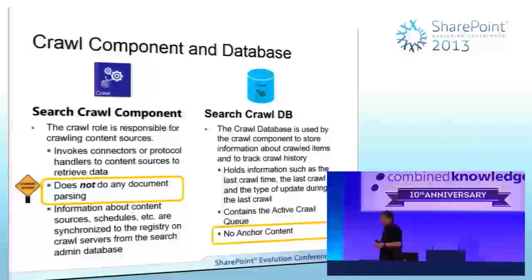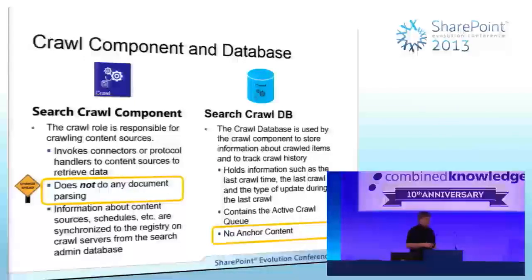One of the things that isn't in there is anchor crawl content. So the anchor crawl, for those of you who don't know, is the process that takes place at the end of a traditional crawl where the search engine has to look at all of the hyperlinks between objects, all of the connections between objects inside the search index, and modify the ranking algorithm to say, okay, this item is connected to 10 others, therefore it must be more important than this other item that's only connected to 4, for example. The anchor processing engine inside SharePoint